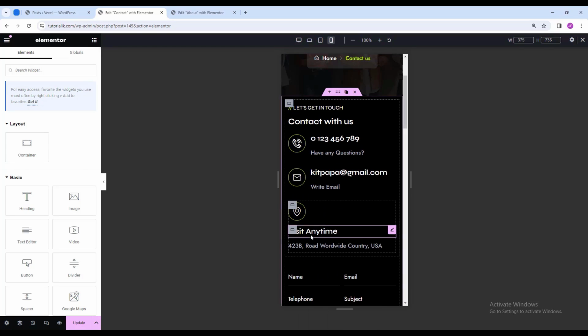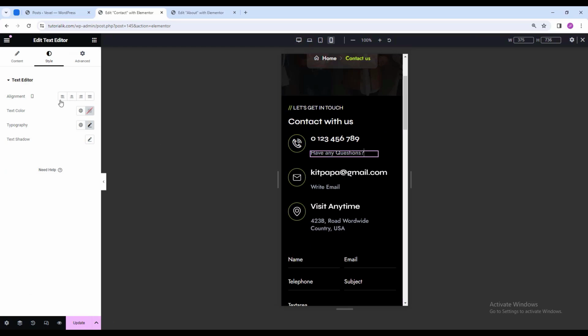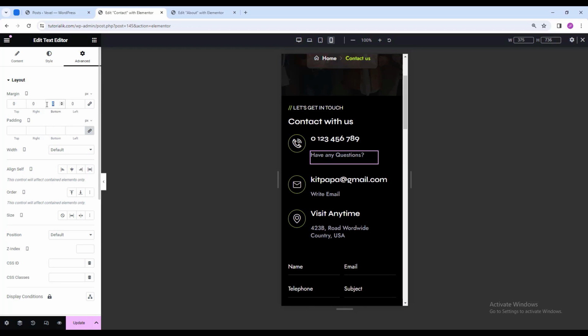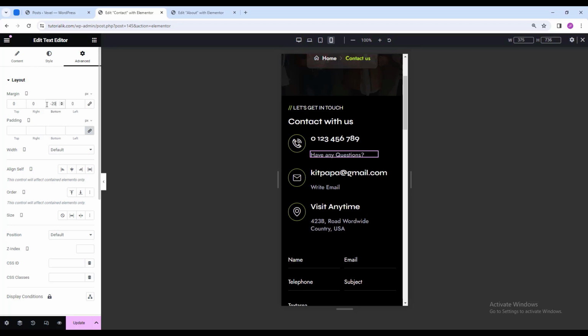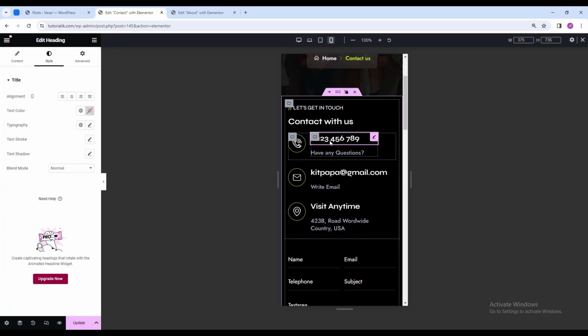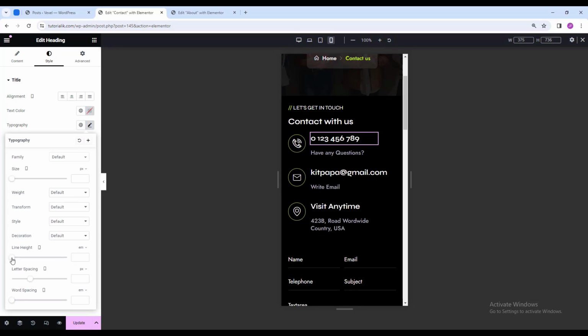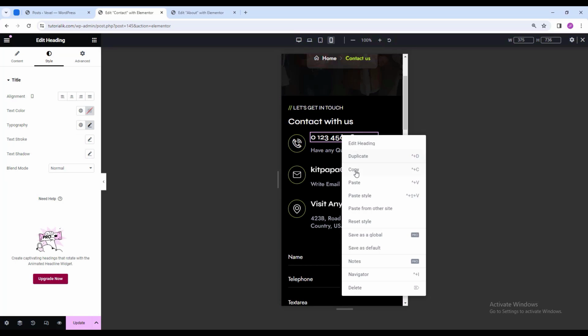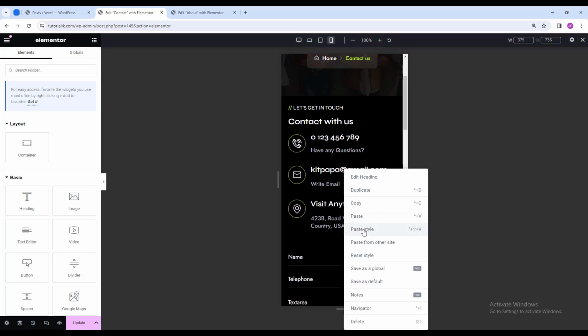Then from here let's select this, then from here let's copy it and just paste the style here, and let's select this one now, and from the advanced tab let's make it -20, and now select this one, this heading, and from the typography let's make the line height like 1.2 pixel. Then let's copy it and paste the style,